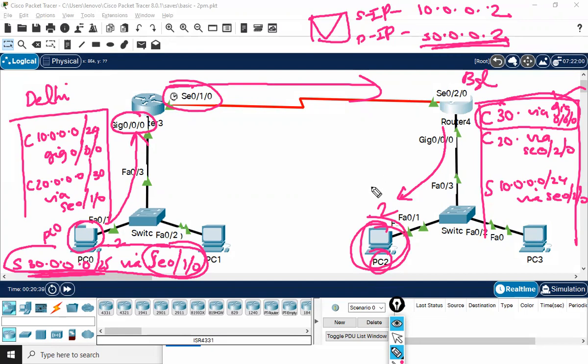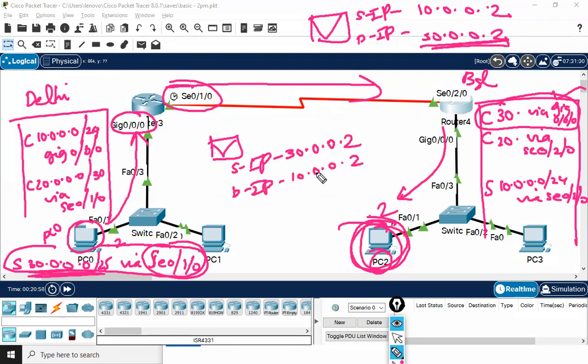The communication is complete only when the reply is received back at this computer. Okay, so now when the reply is generated, it will be generated by this PC2. So the source IP will be 30.0.0.2 and the destination IP will be 10.0.0.2. Both are again in different networks, so the packet will be sent to the gateway, which is the Bangalore